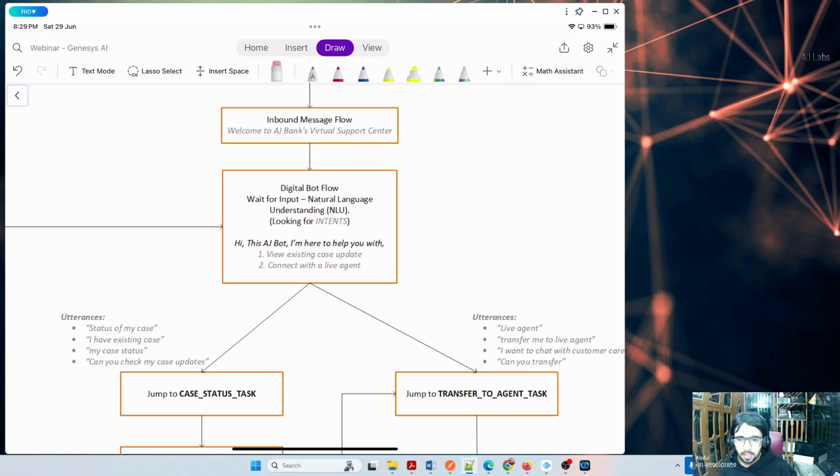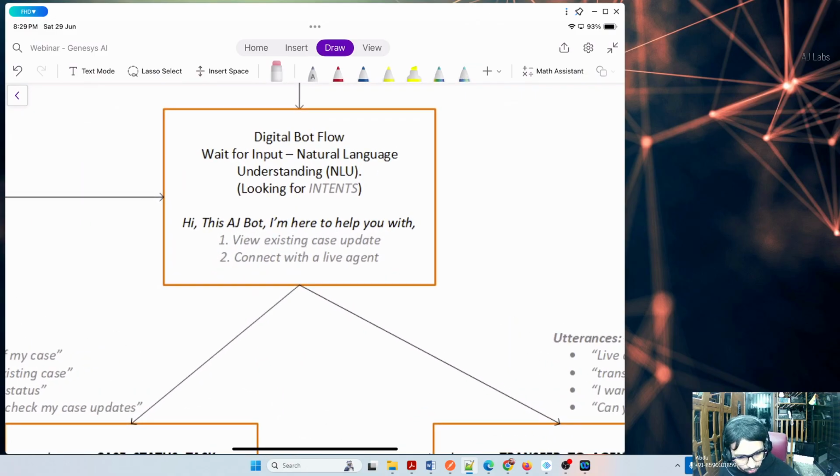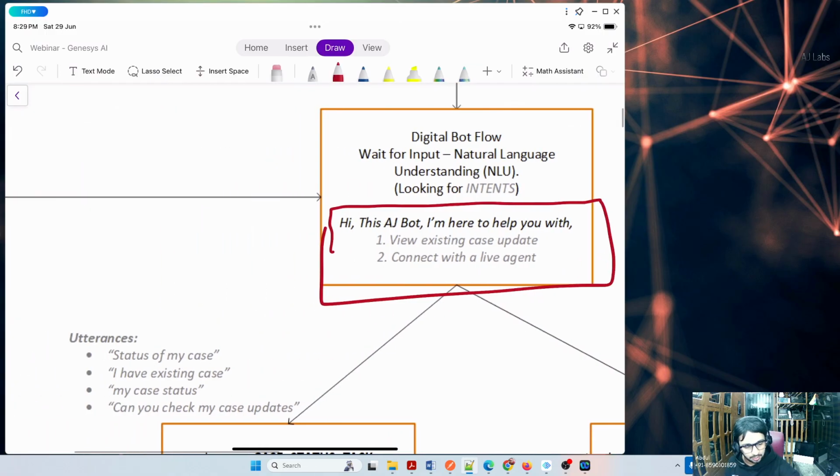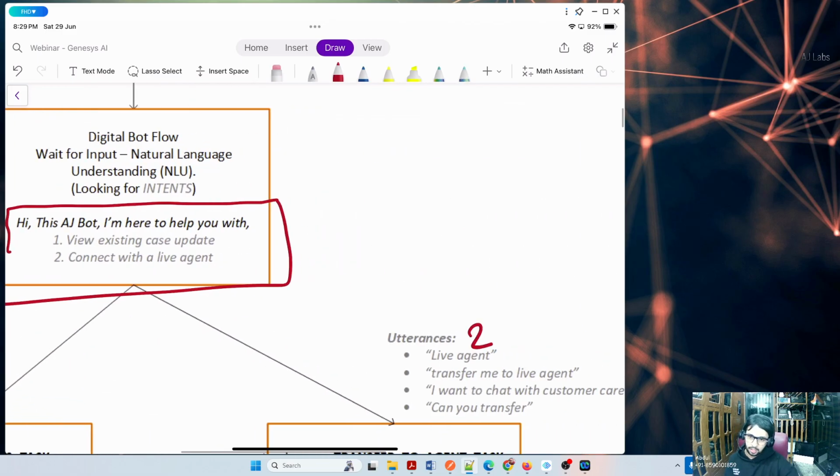Now, again, my question. Suppose you are chatting with the chatbot and you are getting this response. As a human, how do you react to this? What will you type on your keyboard? It could be one or two. This is what I'm expecting. Somebody will simply type one, right? I don't want to type existing case or case update. So I'm giving you as close as possible to how a customer can behave. Customer may type one, so in my utterances, I will also add one. That is easy, right? If the customer types one, then I can easily redirect them to the case update option. And if the customer types two, I can easily redirect them to opening a case.